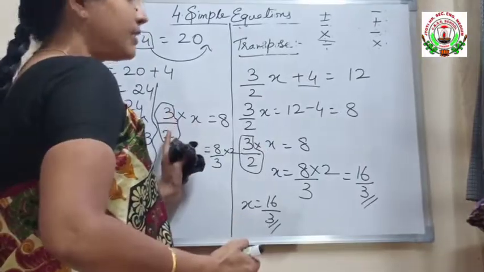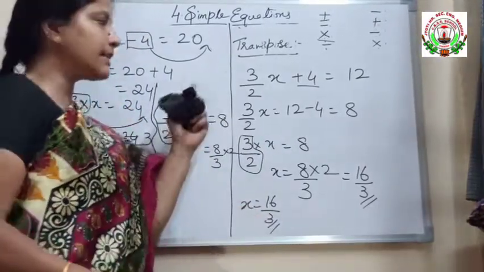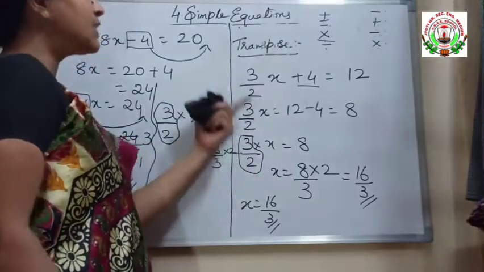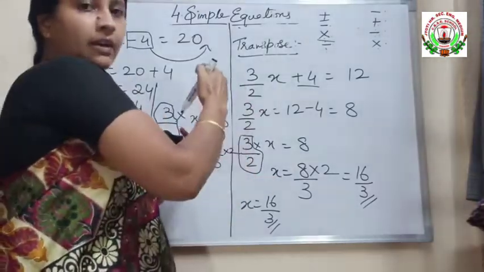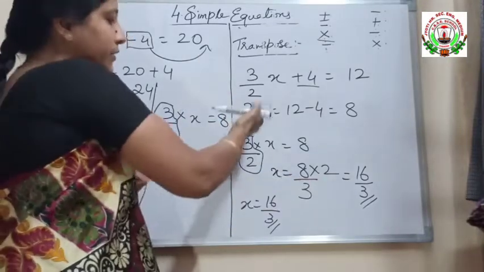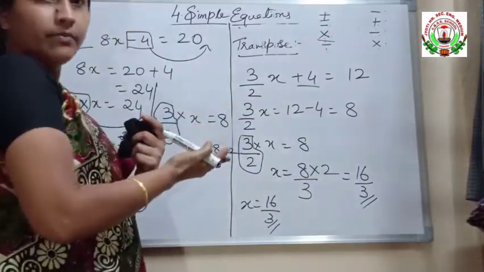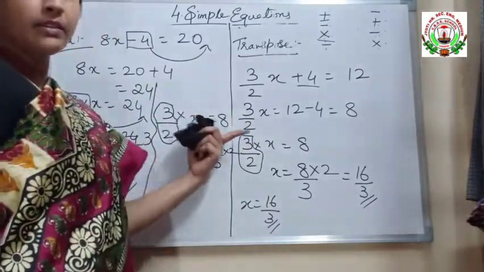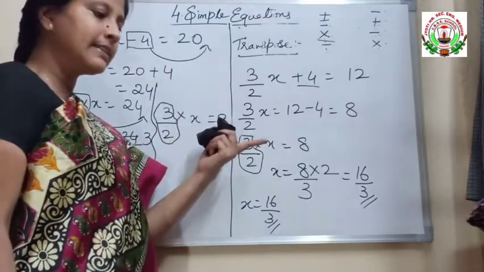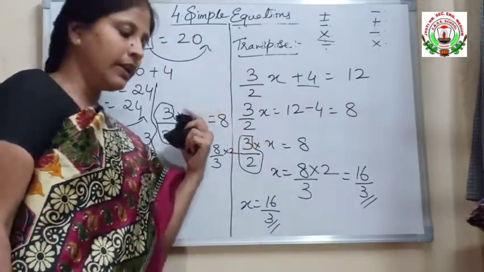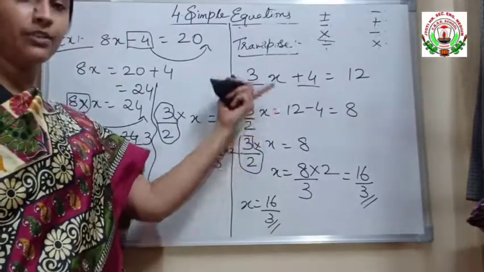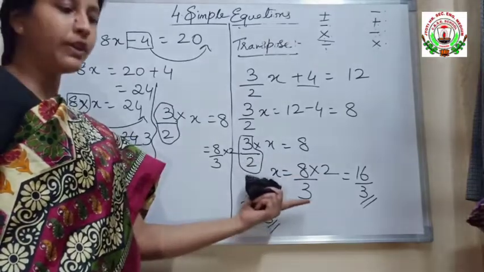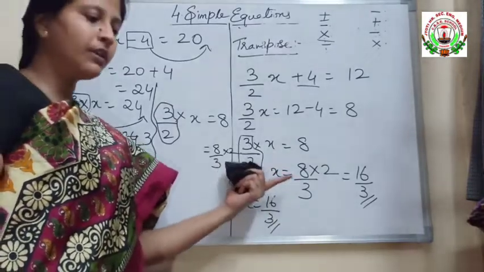These types of questions we are going to solve in our next exercise. This type of question is called a transposition question, and we are transposing the left hand side constants to the right hand side to find the value of the variable. I hope you have understood this. We are going to continue in the next class, that is exercise 4.3. In this exercise 4.3, we are going to use this transpose way of solving equations and finding the value of the variable.